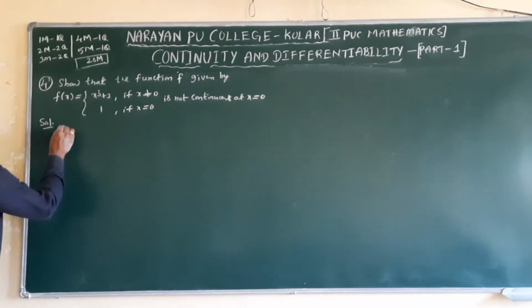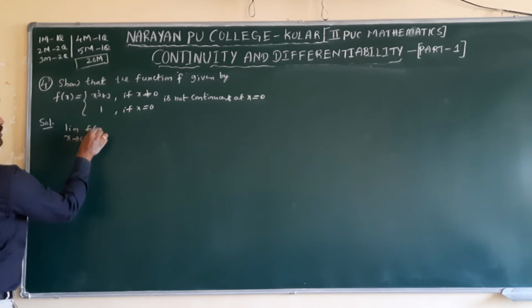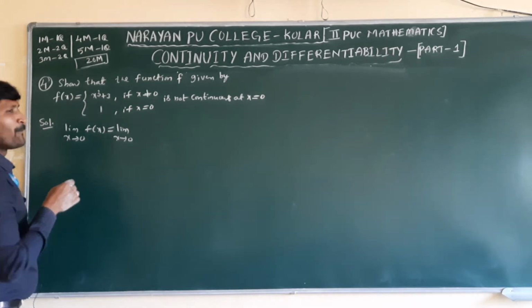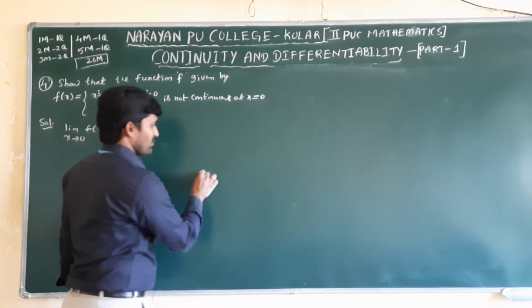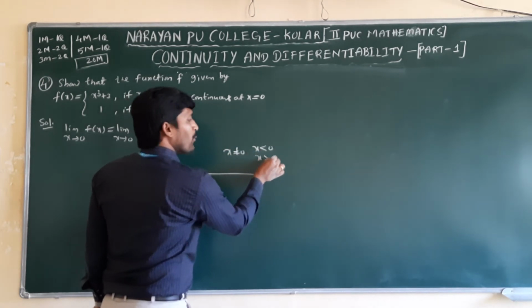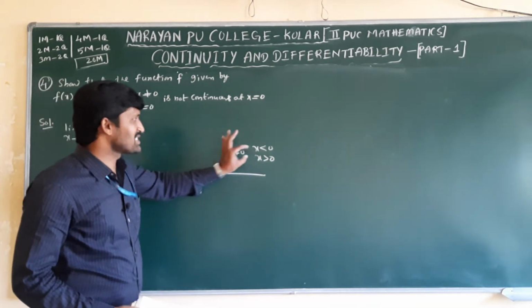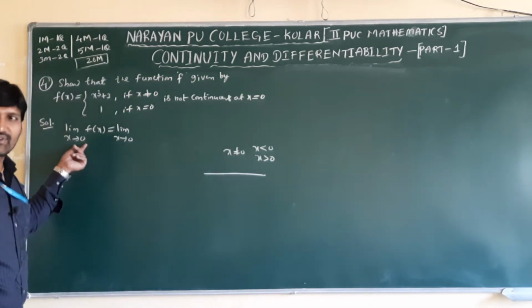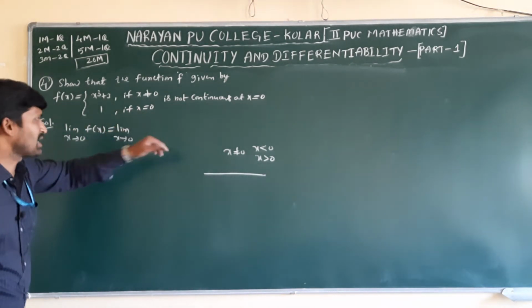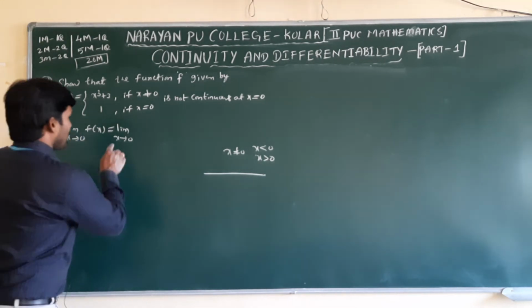Okay? So here first, limit x tends to 0 f of x. Tends to 0 means approaching very near to 0, from any side. X not equal to 0 means this can be negative or positive. For both, a single function is defined. Now when these both are the same, is there what? This only. Because for LHL, RHL both equal, this is possible. That's why in place of LHL, RHL I am directly taking limit x tends to 0 of f of x.